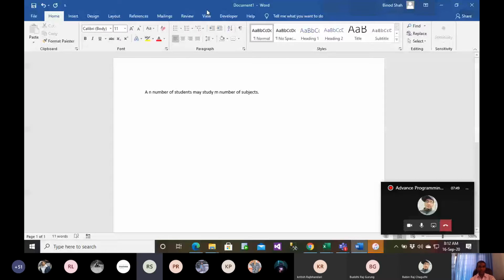So a program is to be written that reads n and m, and calculates marks, full mark and the pass mark, and calculates percentage for each student.